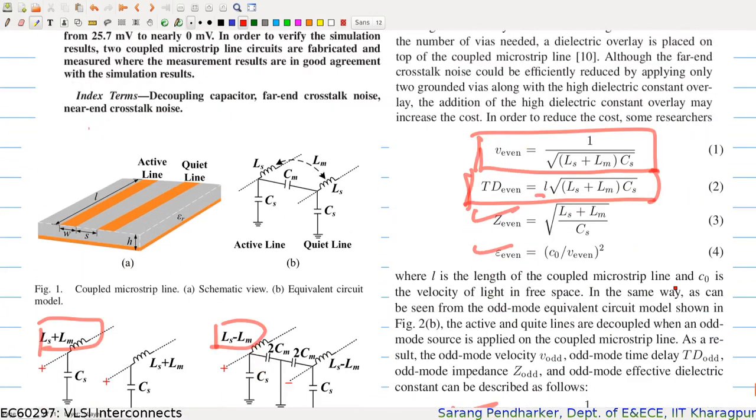But in real scenarios, the interconnects will not be identical, and the coupling will not be in the case of just two interconnects. There will be a lot more complications involved. So in the next lecture, we will see what would be the general procedure that we should follow for diagonalizing a generalized coupling method.